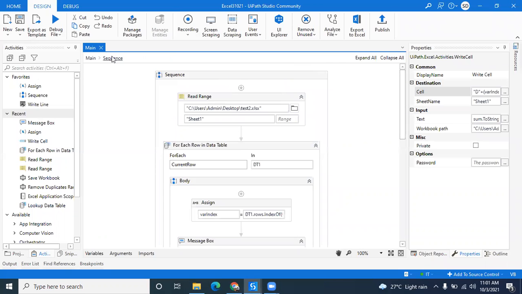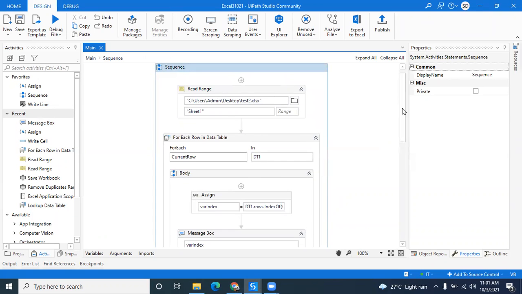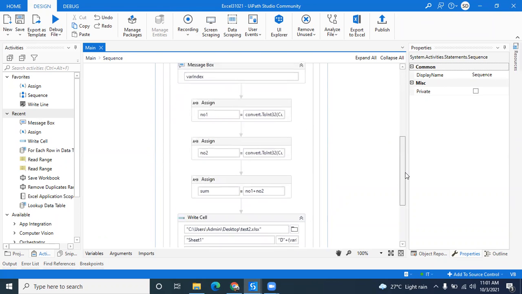Now, if I have different operations, already in the Excel file we have different operations, like addition, subtraction, multiplication, and other operations.